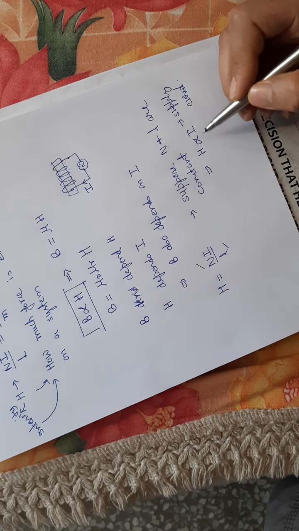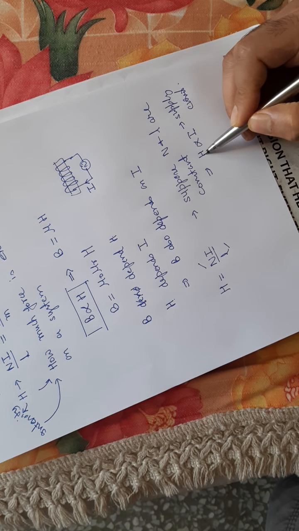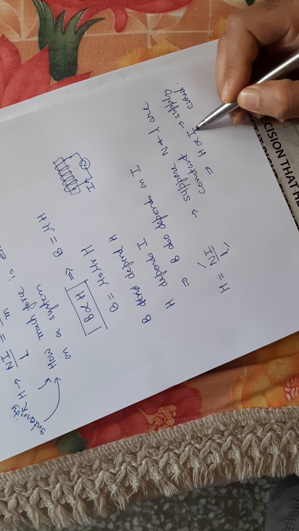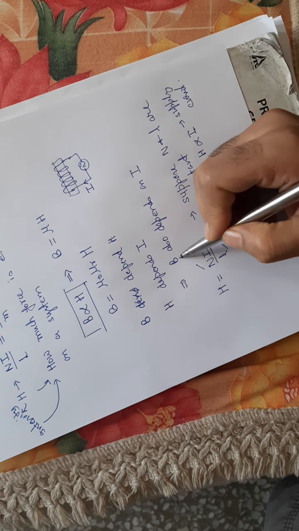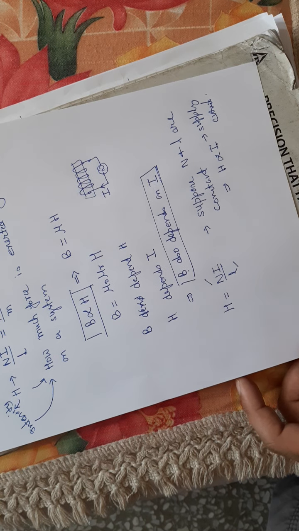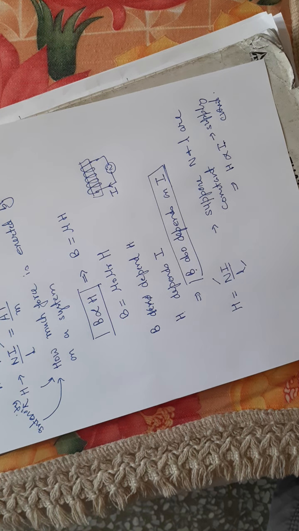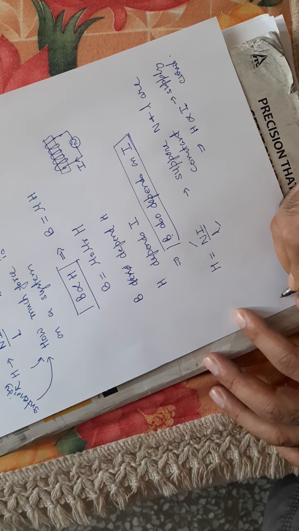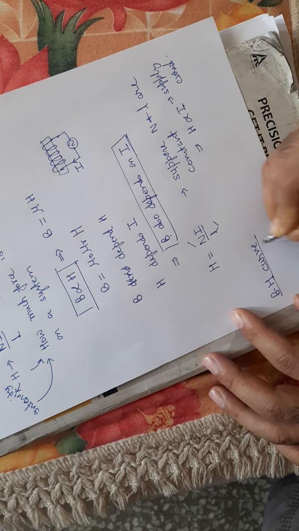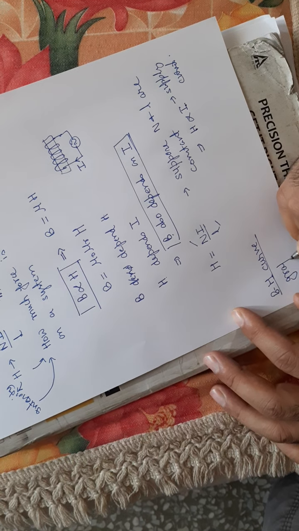So I am saying that by controlling H, I can control I, or in other words, by controlling I, I can control B. Okay. So what is now this BH curve? I was talking about the BH curve. It is nothing but the graphical representation